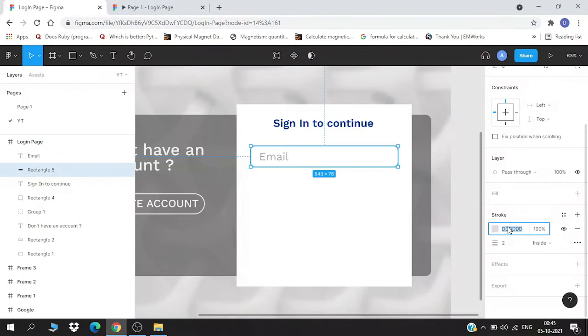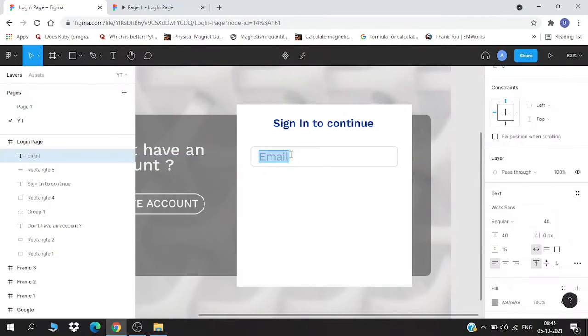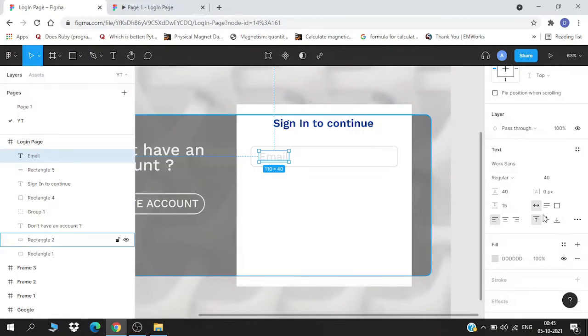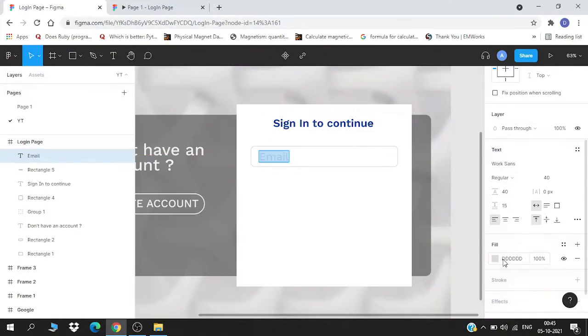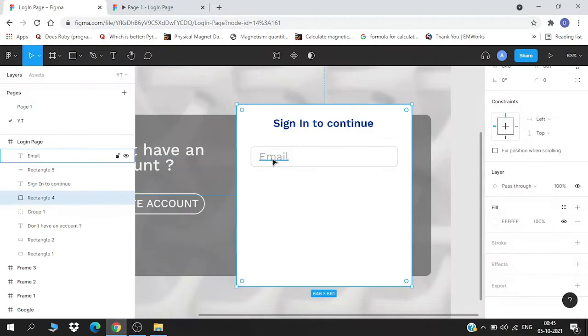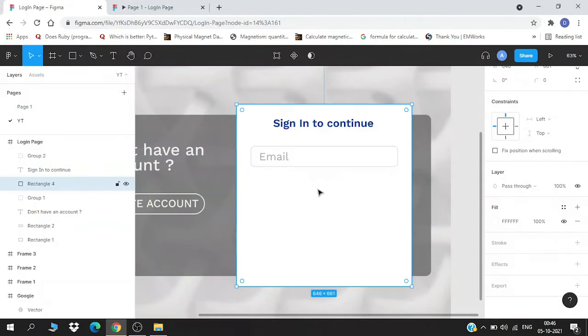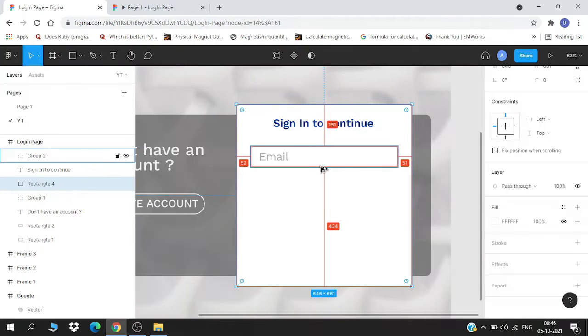I can copy the color from here. Okay, DDD, no, that's actually too dark, too light. We'll just keep it like that. Okay, now I will group this one, it will help me in the future.